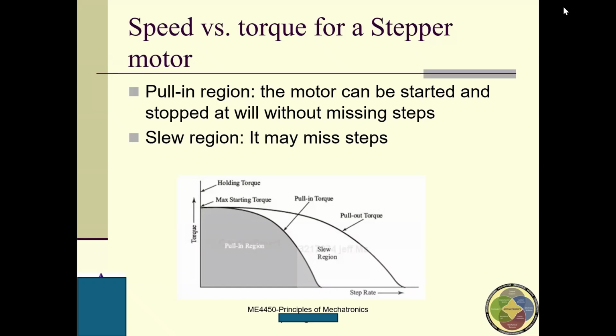However, if the step rate is too high, that's another story. If the step rate is too high, we have this area called the slew region. And slew region means that we might miss some steps. Right? And for our daily life applications, this region is totally fine. However, for some very, very precise applications, you are supposed to make sure your